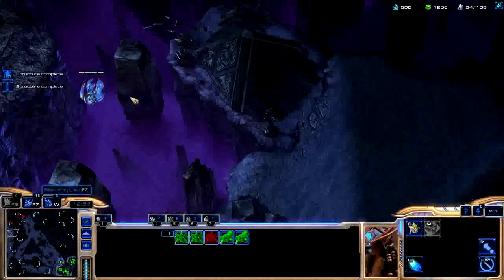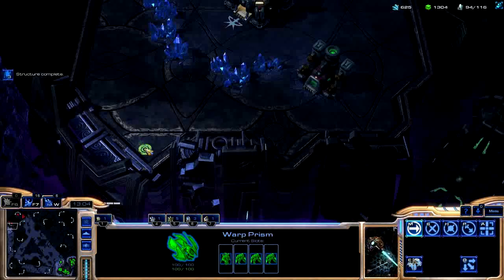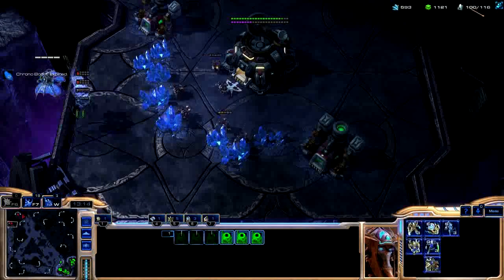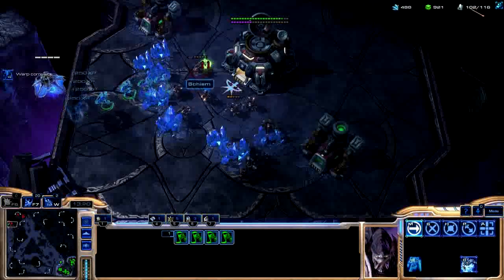So my DT shrine is now finished, so I will warp into DTs. I could have storm dropped right there on his units, so I should have done that. I'm not sure why I didn't. I guess I forgot I had a Templar in my...